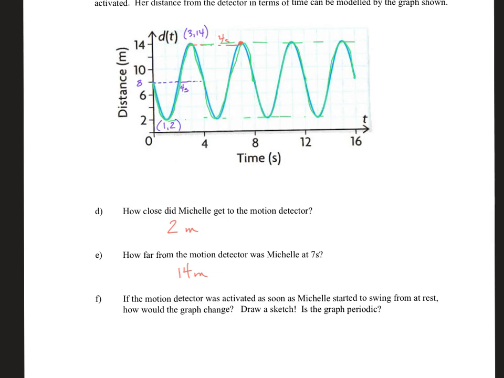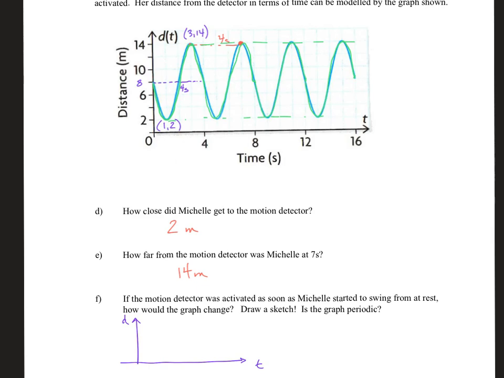So what I'm trying to get at then is, notice Michelle was always swinging, even from the very beginning. So I want you to imagine that maybe we're on a swing set and you're going to start to swing. What would it look like? Would it look like Michelle's graph? Maybe we might be able to say, well, if I did have my vertical axis, which was my distance axis, and I had my horizontal axis, which was my time axis,